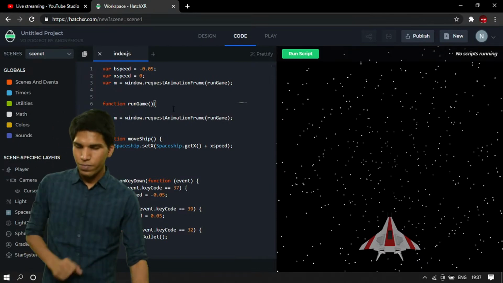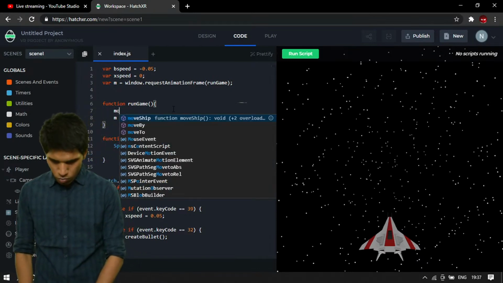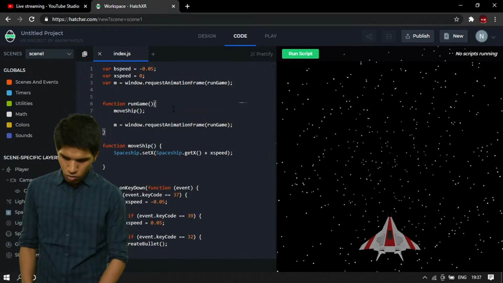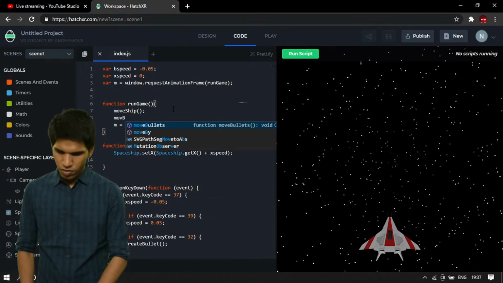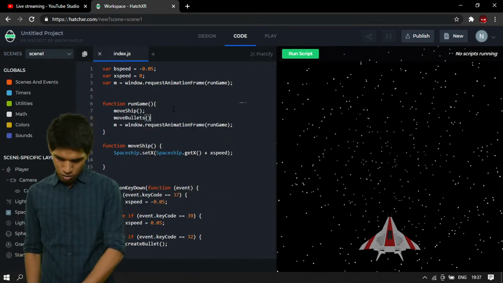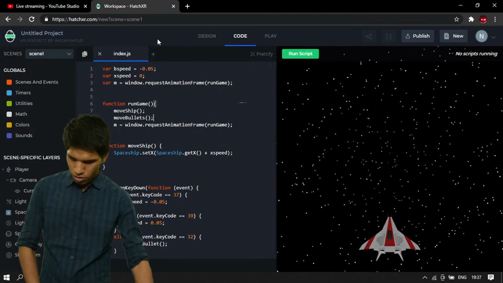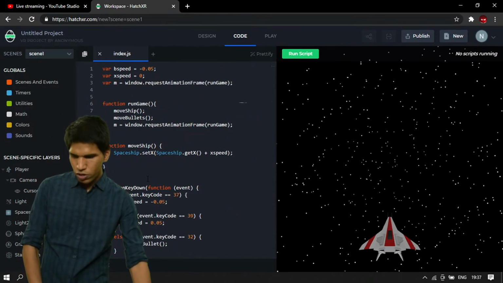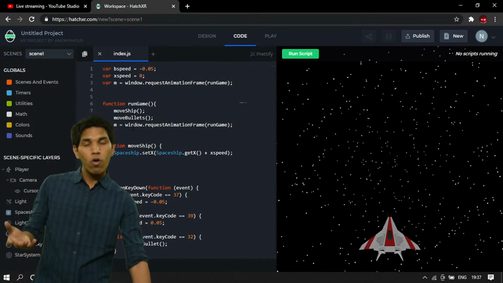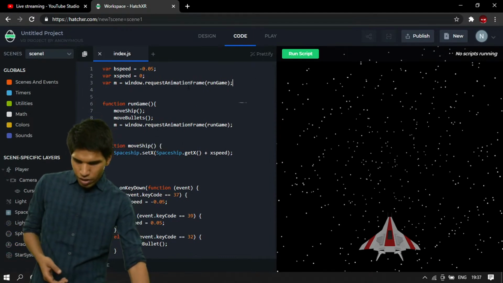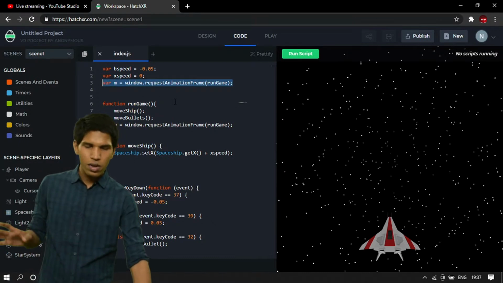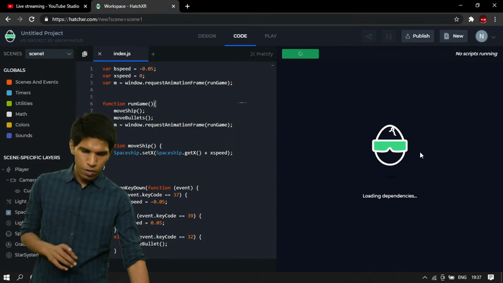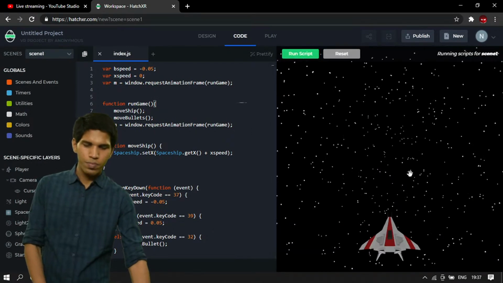So here I can just call my move ship function, and then I can also call my move bullets function. Both of them are going to be running again and again with this single request animation frame, and it's going to run very smoothly. Now, if I press my space key,